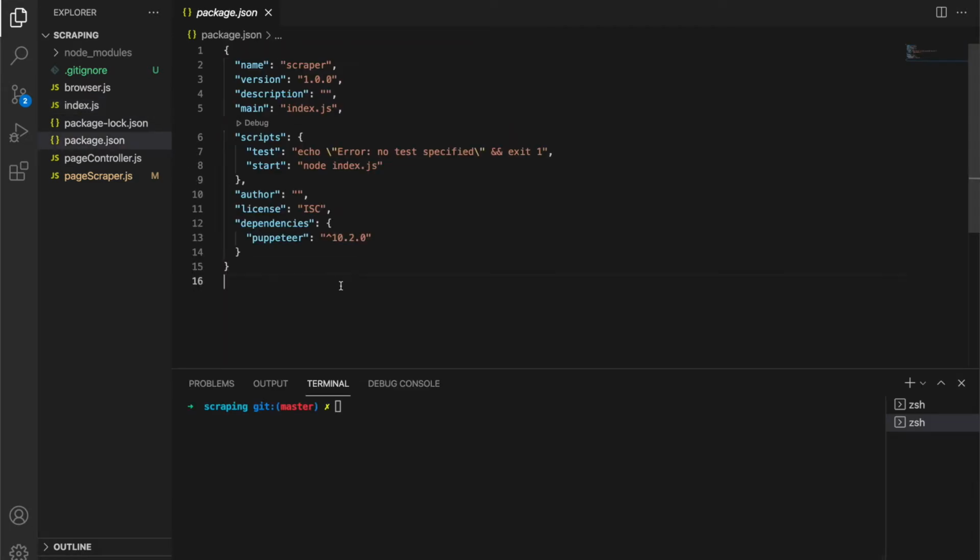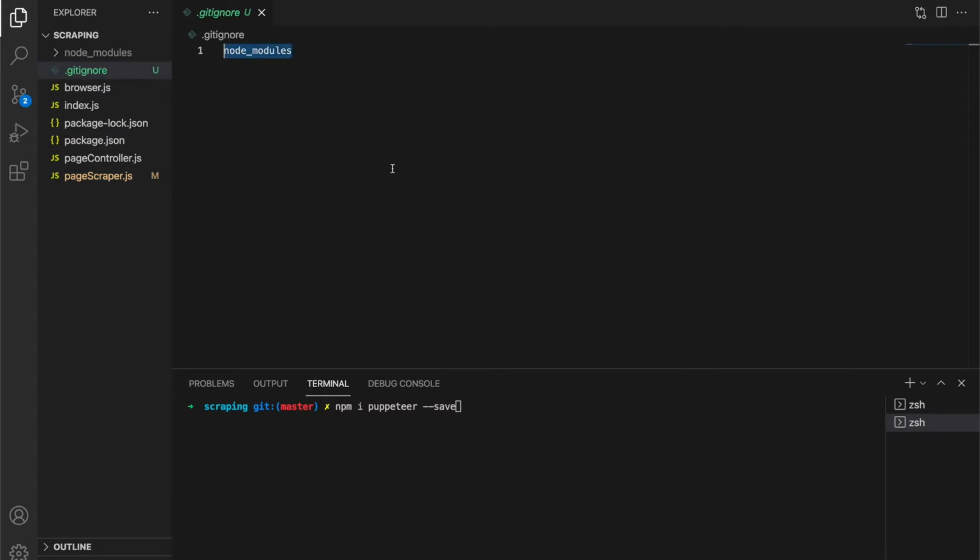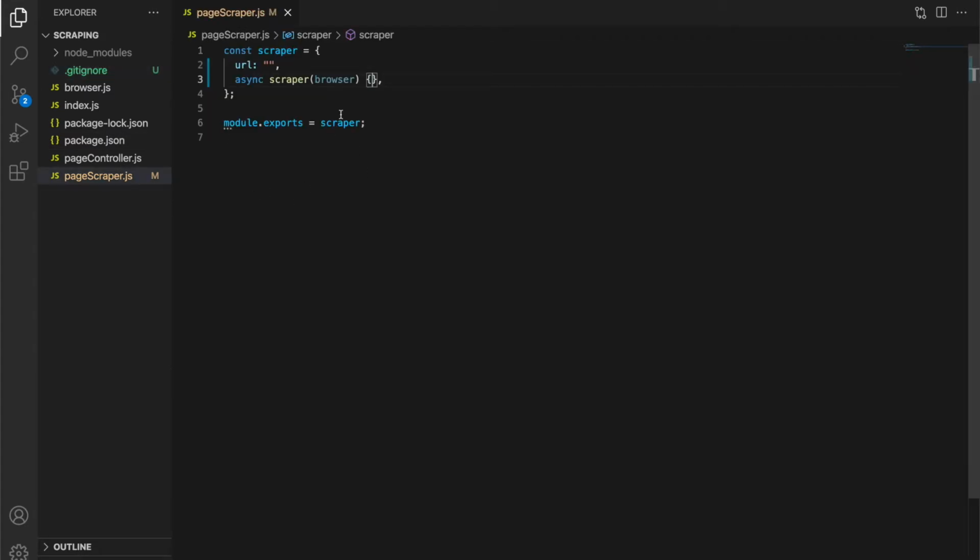And then for the npm project itself, you can just do npm init and then go through a questionnaire and set up a project. And you just need this dependency, which you can install by npm install puppeteer and save it. I also have a gitignore here, which ignores node modules. You can add that as well. And finally, we need pageScraper.js, which will have all of our scraping code.